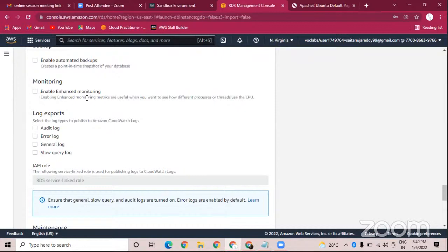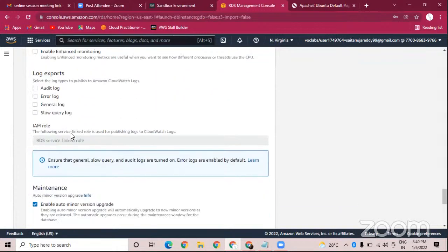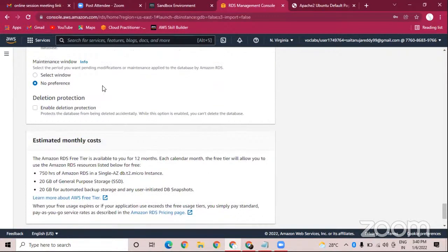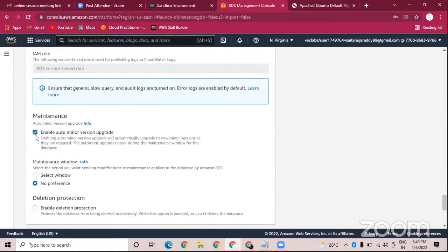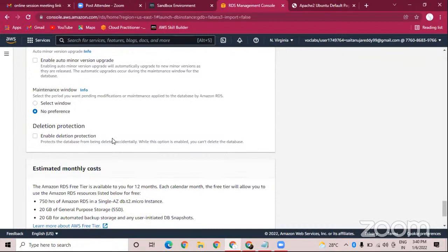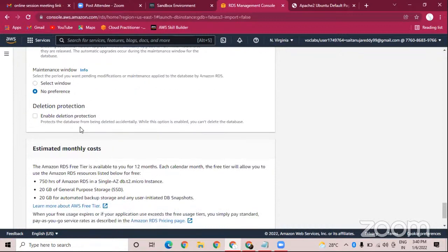And monitoring, so if you want to take a monitoring step, you can enable this thing. And also logs, so these logs and monitorings will be taken by Amazon CloudWatch. So we'll go for this service after the creation of your database. And coming to maintenance, I'm going to disable the maintenance as well. And maintenance window, so if you want to create a maintenance window, you can create. And deletion protection,